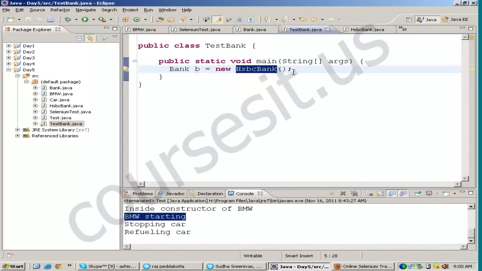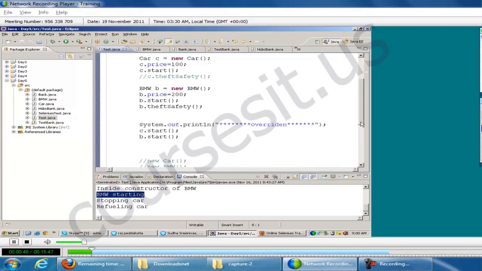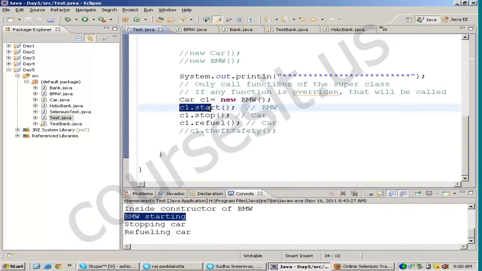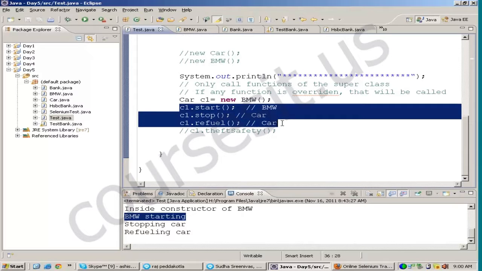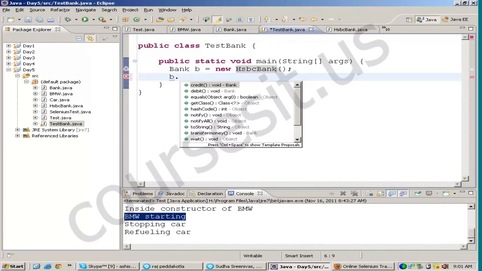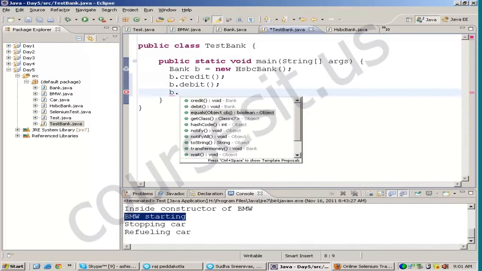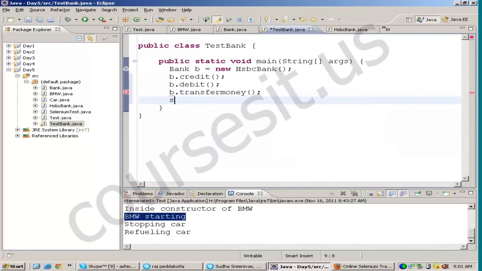What will this do? As we had seen earlier, this combination calls all the functions from the parent class, but if that function is overridden, the overridden function of the child class gets called. Now if I go to test bank and I write B dot, I will get the function of credit over here. B dot, I will get the function of debit, and B dot, I will get the function as transfer money. And I can also write System.out.println